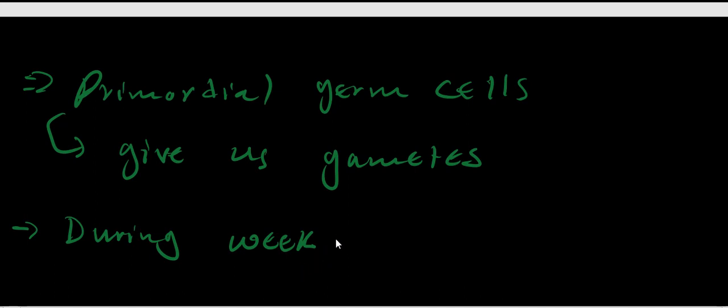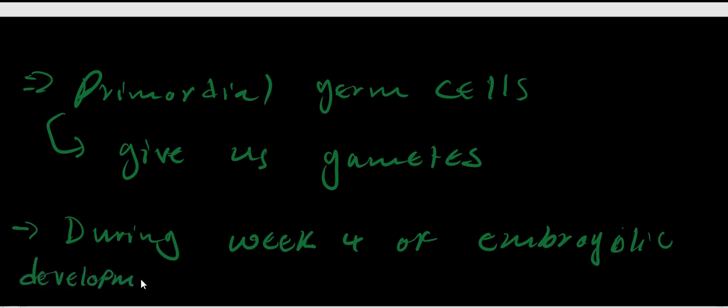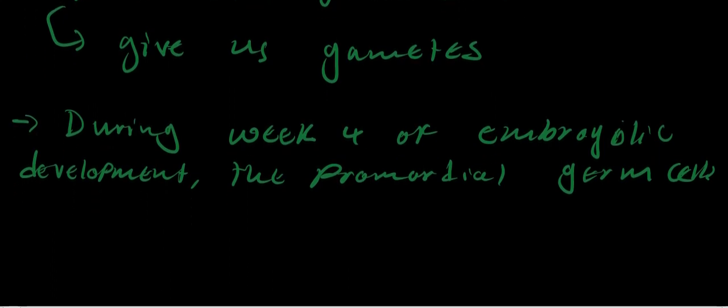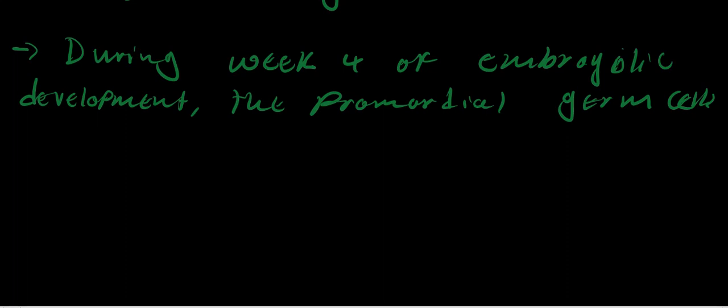So during week 4 of embryonic development, these primordial germ cells move from the walls of the yolk sac to the gonad region. During week 4 of embryonic development, the primordial germ cells migrate. Okay, get that point. This is examinable. So during week 4 of embryonic development, the primordial germ cells migrate